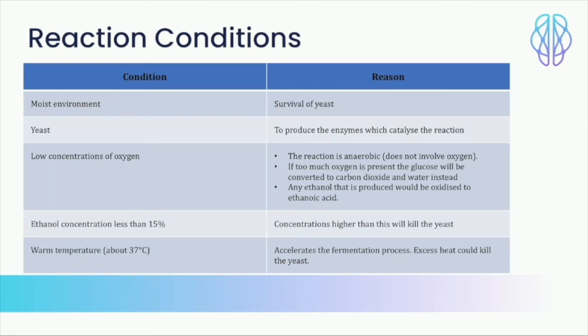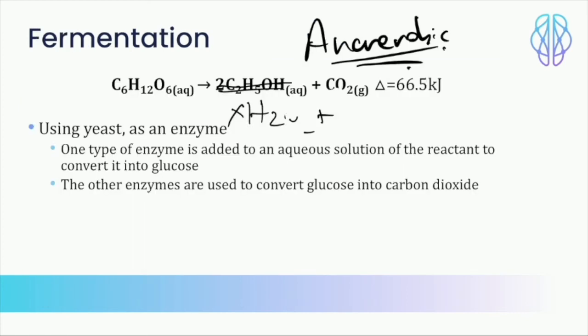The last two dot points are what I feel are the highest yield, because they're what you're most likely to get examined on, especially in your practical assessments. The reason why we like to keep the ethanol concentration less than 15% is because if it gets higher than 15%, it can essentially kill the yeast. Remember that yeast is a biological enzyme. So higher concentrations of ethanol can actually denature or destroy the critical enzymes in the yeast, and thus this process,